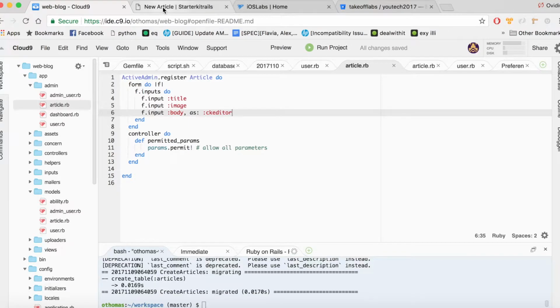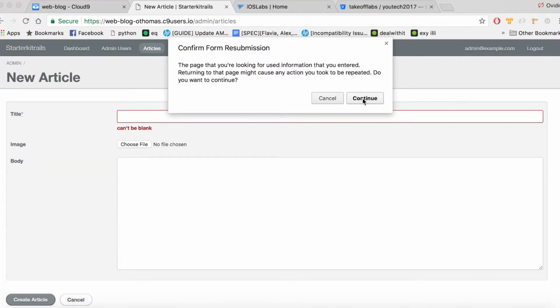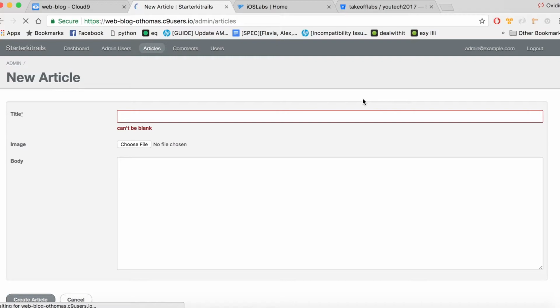Alright, now if we refresh the page, it will show us our CKEditor, which